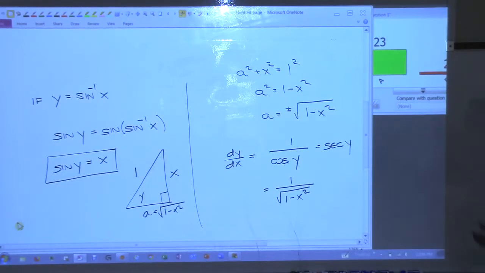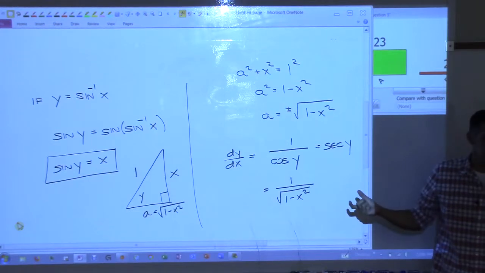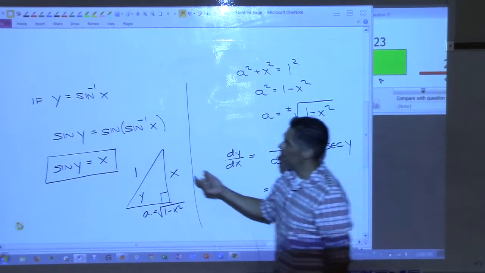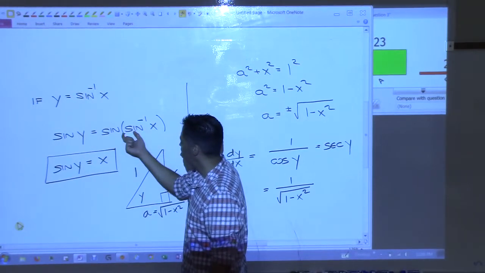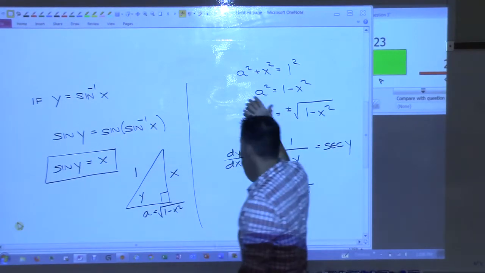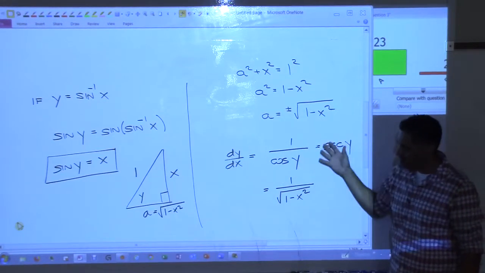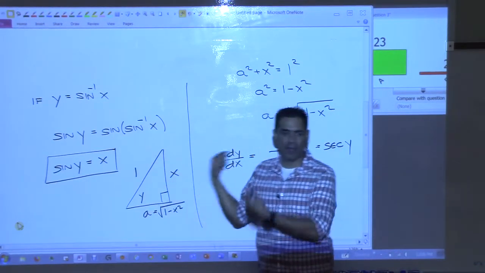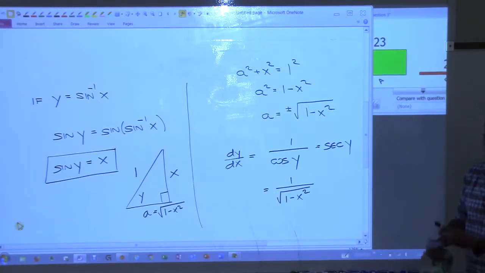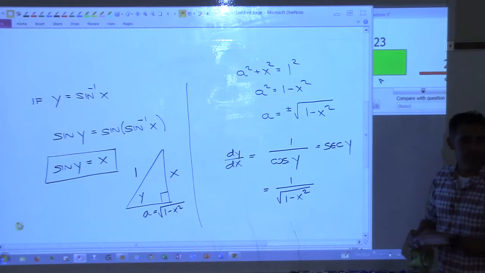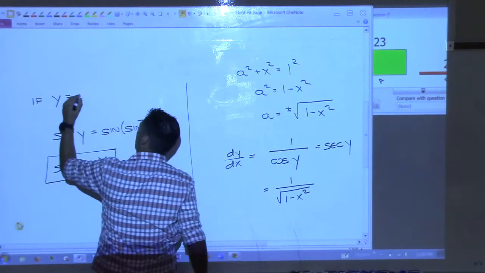All right, so you see what we did to derive the formula for the derivative of arcsine of x. To figure out the derivative of this, we took sine on both sides. Once we did that, we did implicit differentiation, solved for dy/dx, created a reference triangle, plugged things in, and we had a formula, right? Now you can imagine you could do this for arc cosine too, right? So if I change this to arc cosine,